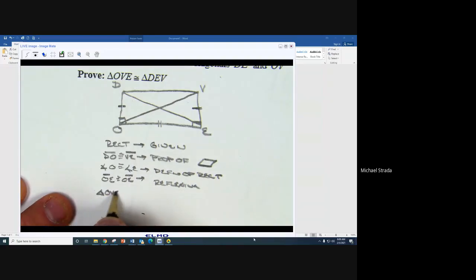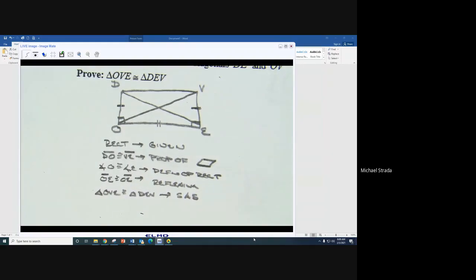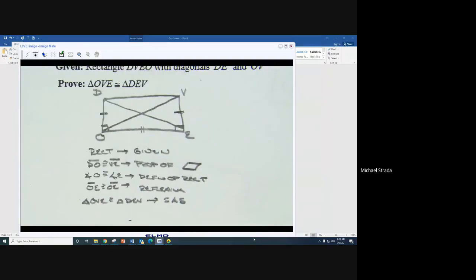Triangle OVE is congruent to triangle BEV by side angle side. All right, so that takes care of 26 and 28 from